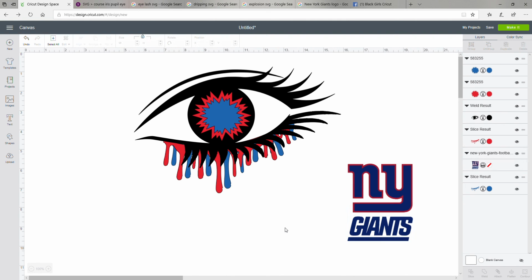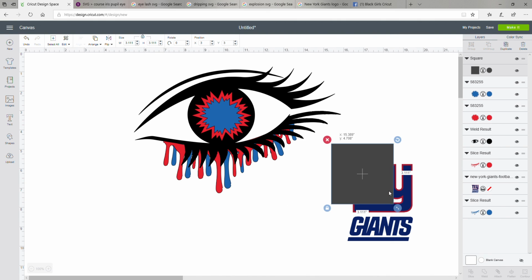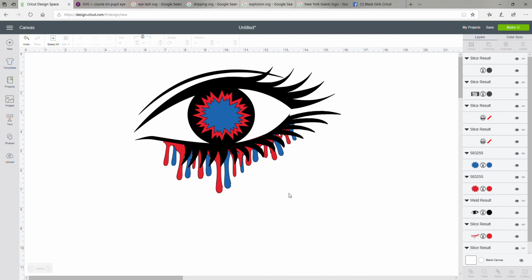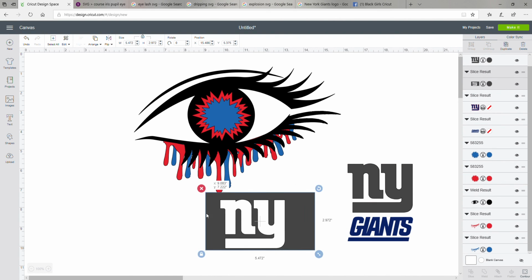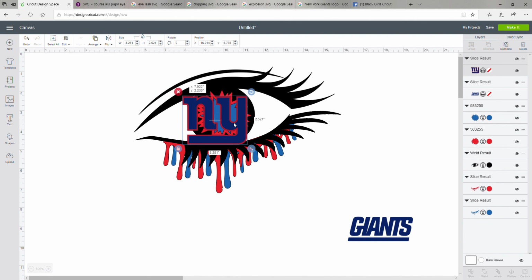And I'm also going to slice this using 2 shapes. Square for this one. Going to move it on top. Highlight both. Slice. And then just delete the layers that you don't need. Don't need that. Don't need that. Now, I say let's put the NY